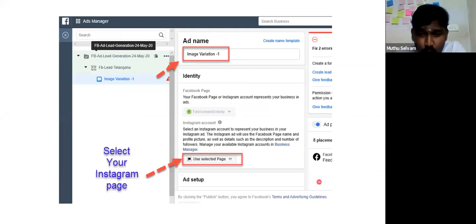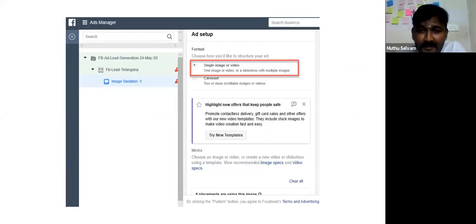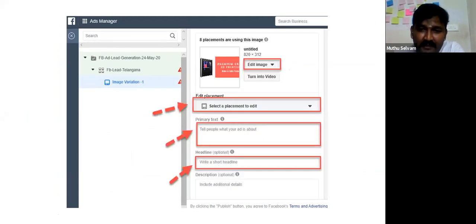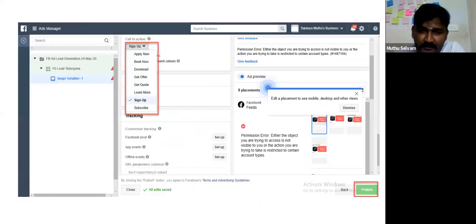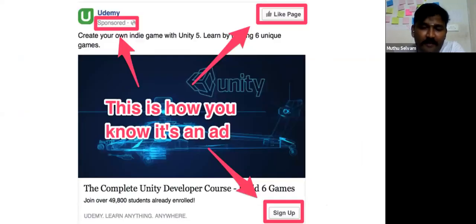We are on the third page now. We are going to run a single image ad. I clicked the single image button at the top. This PPT I will give you on how to create an ad. I'll also give the video. It is very simple. Placements, primary text, headline, as I told you. The last one is call to action. Final is a simple ad. You would have seen a lot of sponsored ads. I made some 4-5 images.